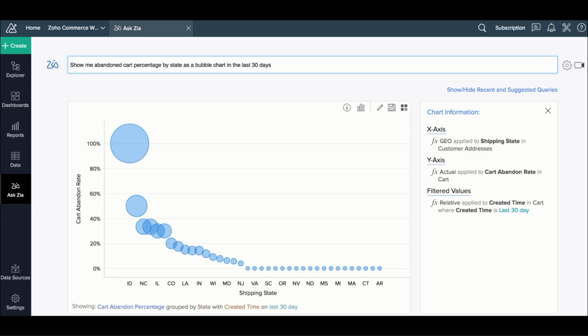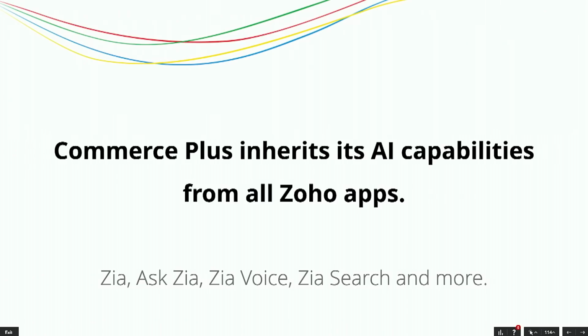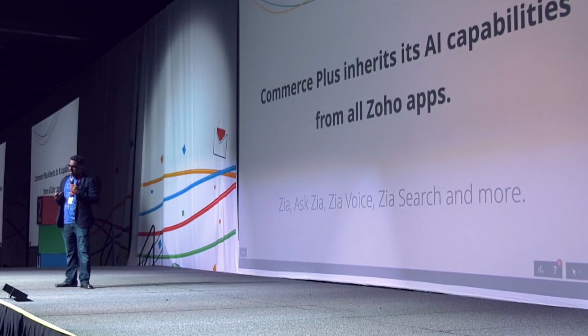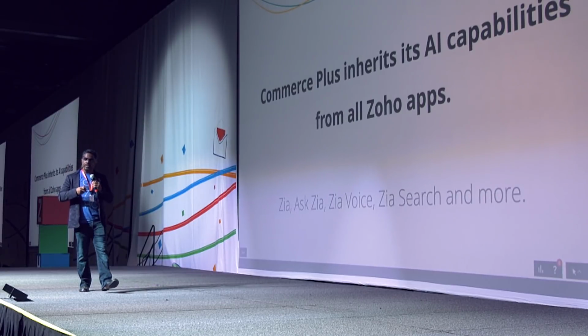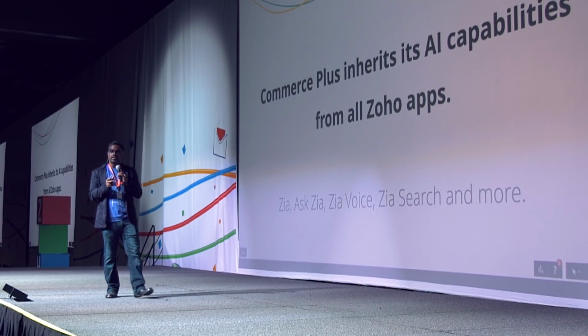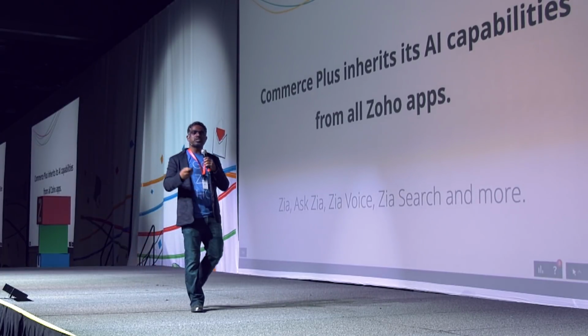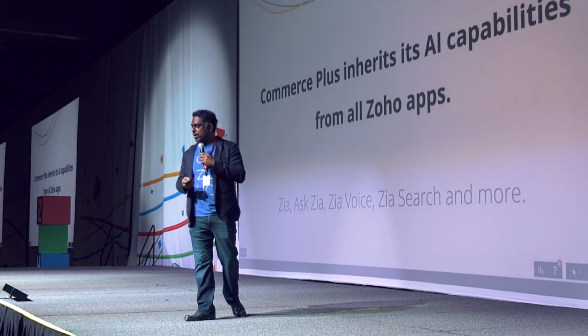Well, Zia will convert that for you. All of this works dynamically, and all Zia capability, not just Ask Zia, but Zia Voice, Zia Search, all the capability is now going to be part of the commerce platform. And we have trained the engine. Because we have integrated all these elements, we have trained the platform to respond to these commerce-specific vertical questions as well.